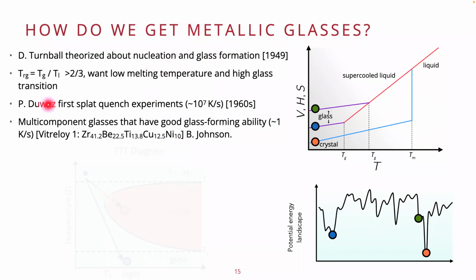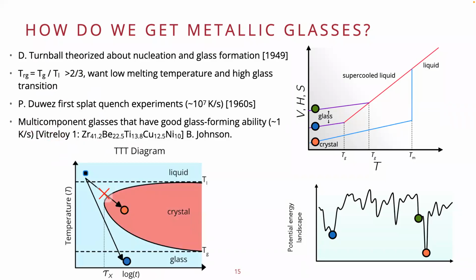out that you only have to cool this alloy at 1 Kelvin per second to trap it into the amorphous phase. Another way you can think about it, as you've probably seen in your coursework, is the time-temperature-transformation diagrams, where, similar to the graphic on the right-hand side, instead of cooling slowly enough to form your crystal, you're bypassing it and staying in this amorphous phase, right? There's a lot of work and engineering that goes into this, but one of the